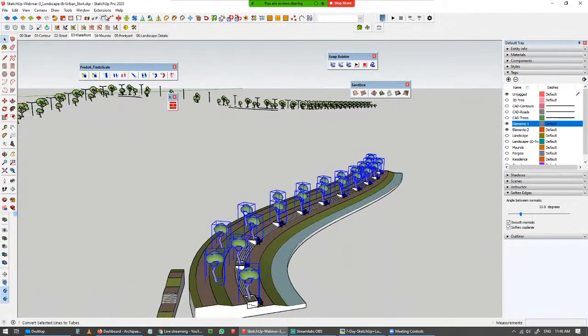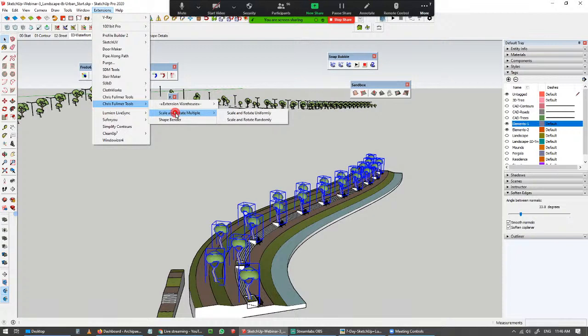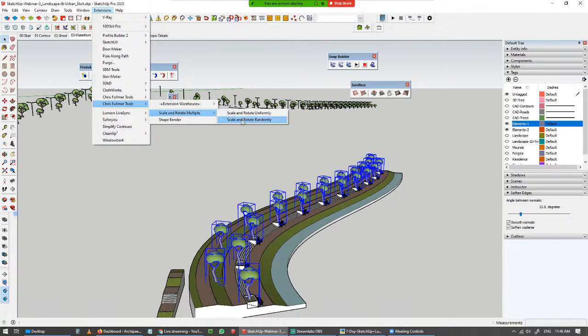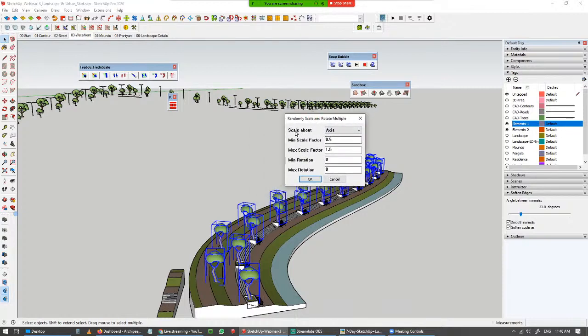Then I'm going to use an extension called Scale and Rotate Multiple, and within that extension there is an option called Scale and Rotate Randomly. Click here. Now I'm going to scale it about the axis, that is along the central axis of the component, with a scale factor of 0.8 to 1.2. That means it will